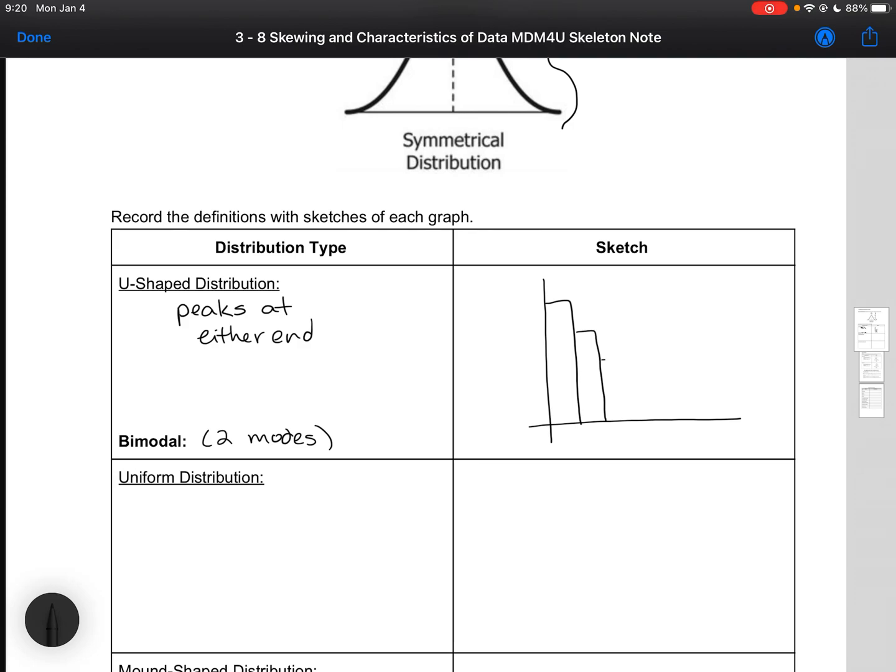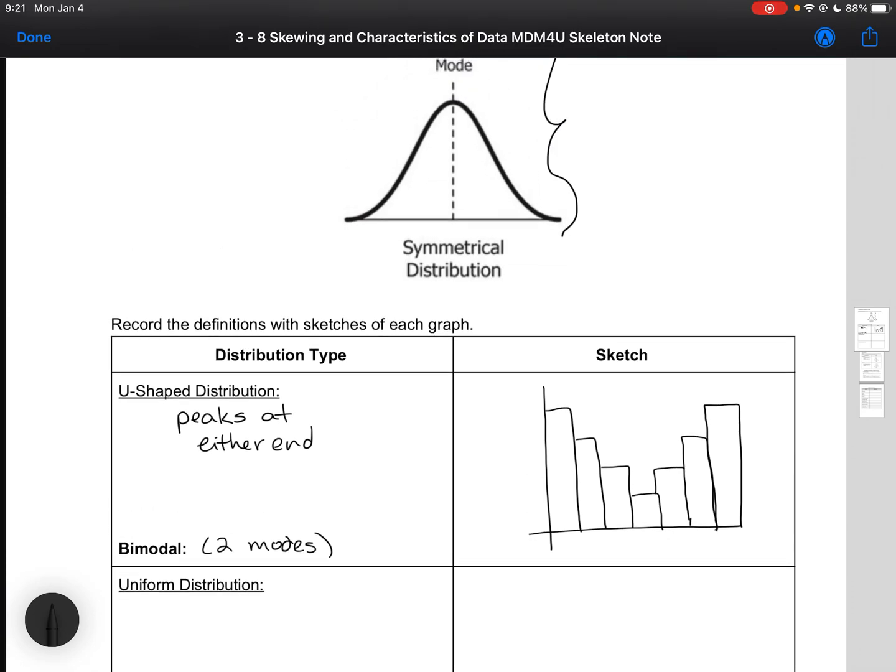So it is U-shaped. Okay, we've got just a general sketch here. And we've got two numbers that are the most common. It's bimodal. And the general shape is a U, which is almost the inverse of the example that we have